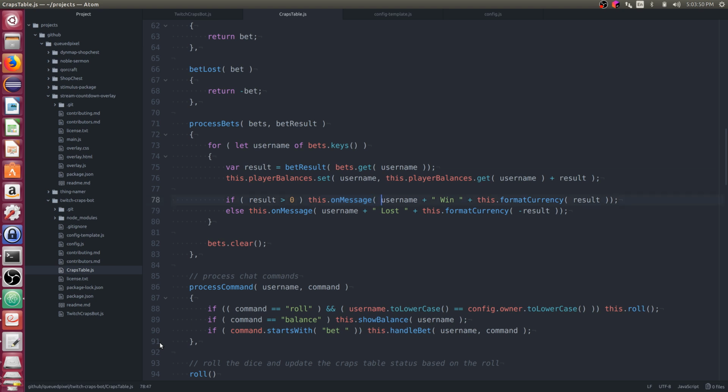So if we win, we'll say at plus username plus comma, we'll go lowercase won and then the amount. And we'll say at plus username, comma, lost and the amount.